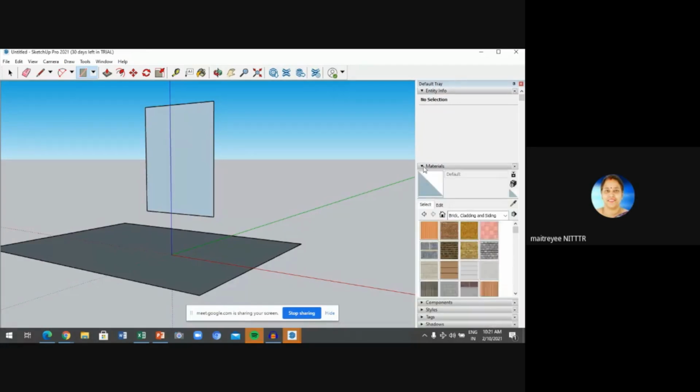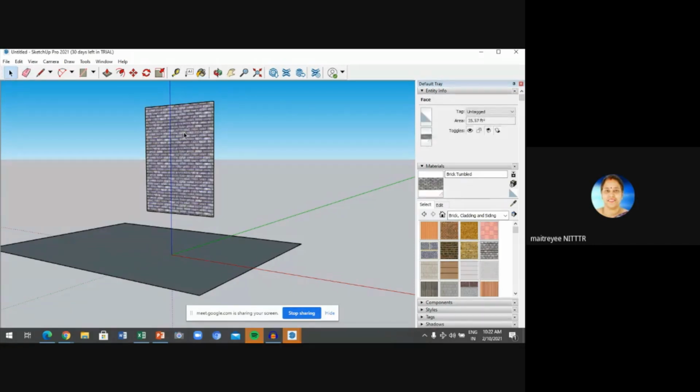First of all, we'll click on these materials, and you can choose any type of brick style, and just click on it, and you can see, okay, it looks like this. Then let us see another one, then it will look like this. So just like this, you can create your own model, right? And for example, we are deleting this. Let me delete this.